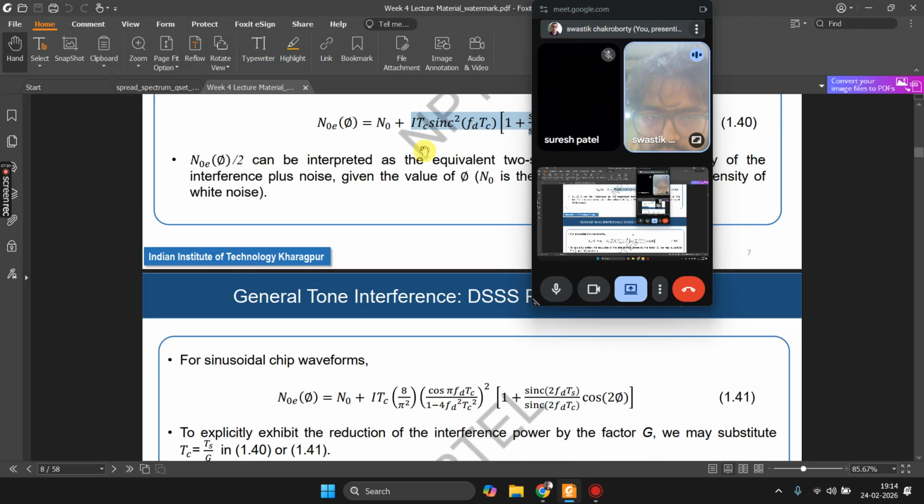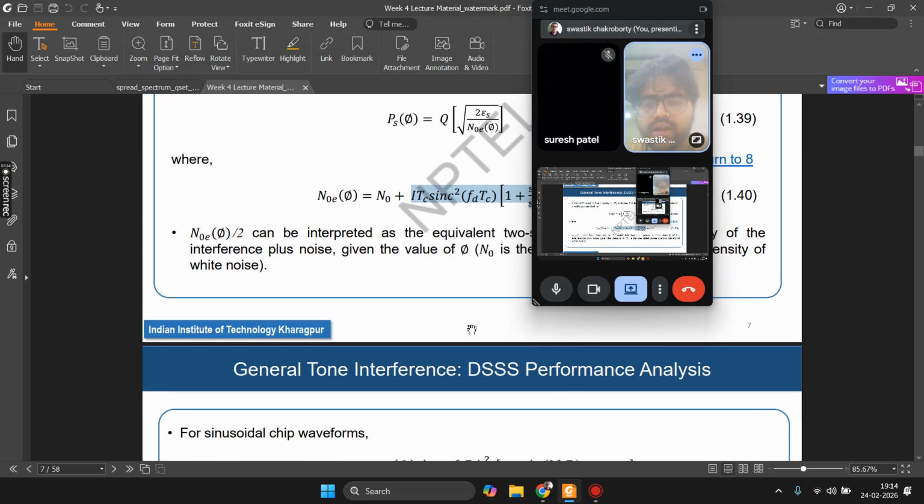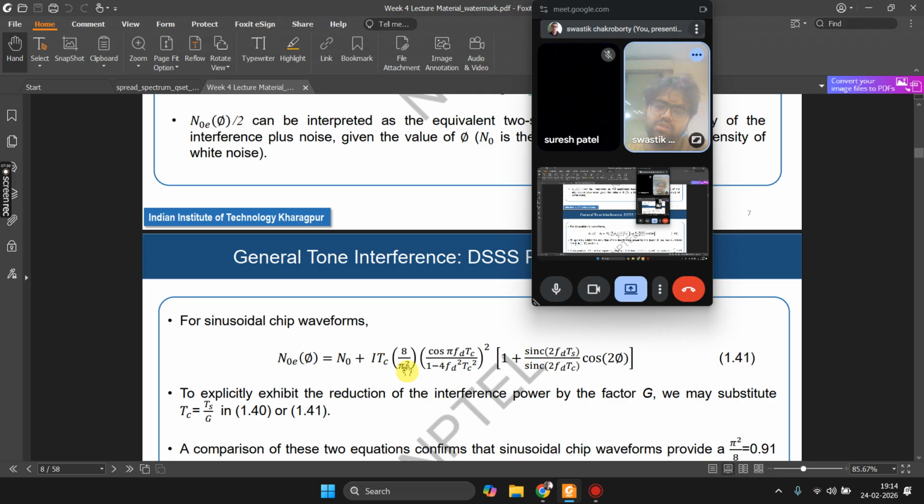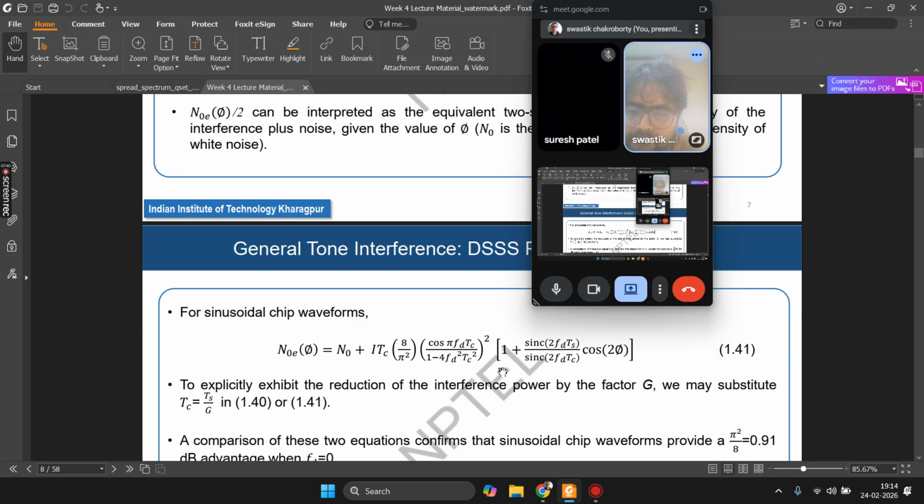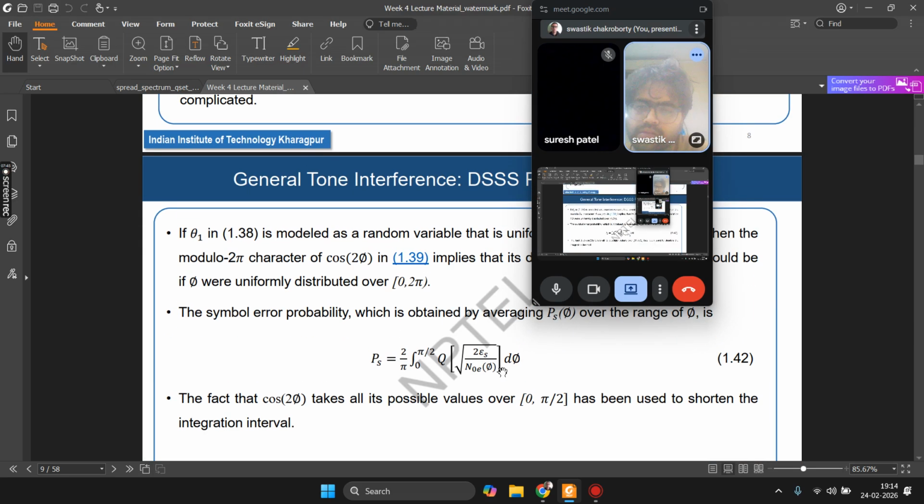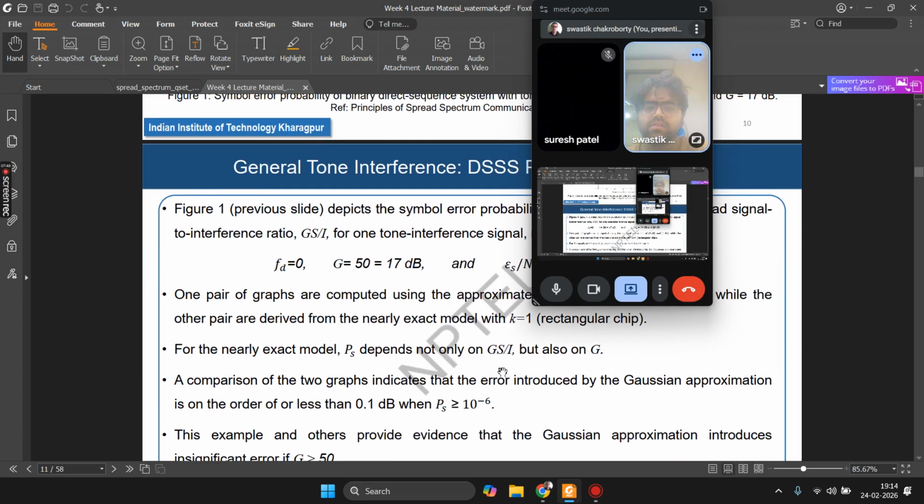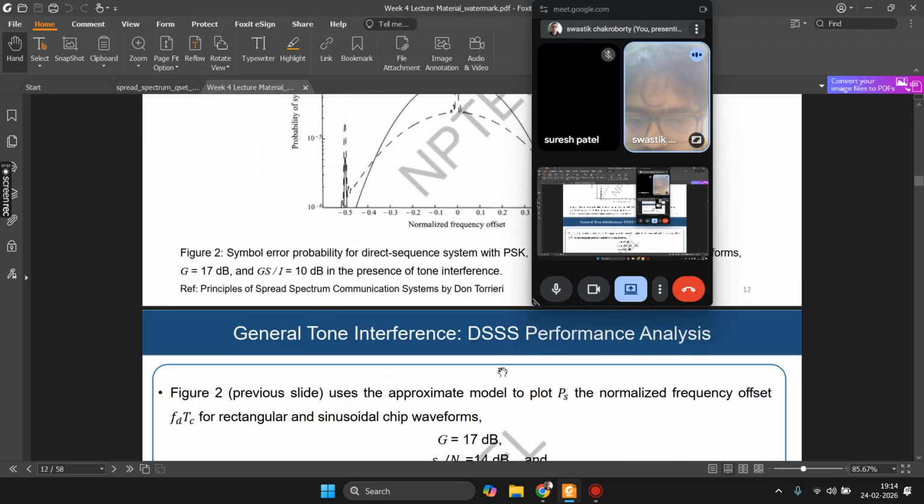For sinusoidal, this one was for rectangular, and for sinusoidal you get something similar like this. So these are your derivations. Now we will go to